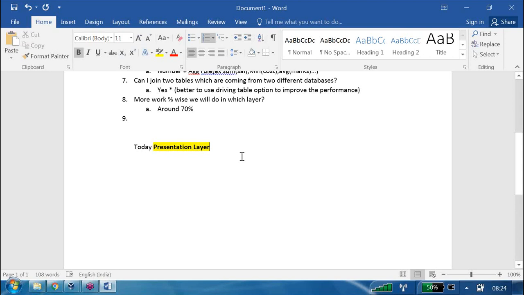Presentation is something which you are going to present in front of next-level people. Who are the next-level people for the RPD developer? I am an RPD developer. Who is using my RPD? All the report developers first. Reports I am not developing as of now. If I give this RPD to the business users, it is useless for them.